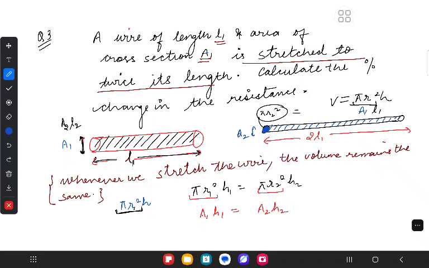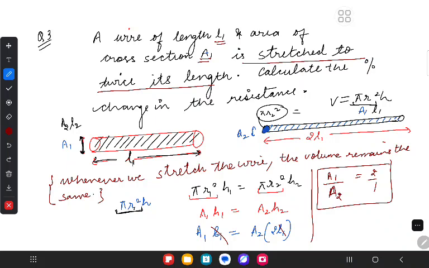Got it? So A1 h1 here is going to be equal to A2 h2. So what is the area? Now it says the length 1, A1 I know, L1. A2 I do not know, L2 is 2 times L1. That's what it says. तो अब आप मुझे एक सिंपल सी बात बताओ कि अगर L1 से L1 कट गया तो यहाँ से मुझे A1 अपॉन A2 का रेशियो मिल गया कितना? 2/1. A1 अपॉन A2 का रेशियो मिल गया 2/1, और यहाँ कह लो A2 by A1 का रेशियो मुझे मिल गया 1/2. Are we understanding this part?